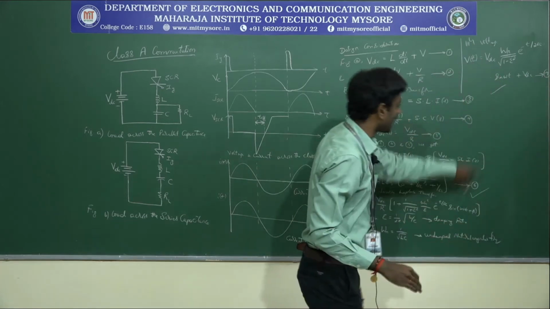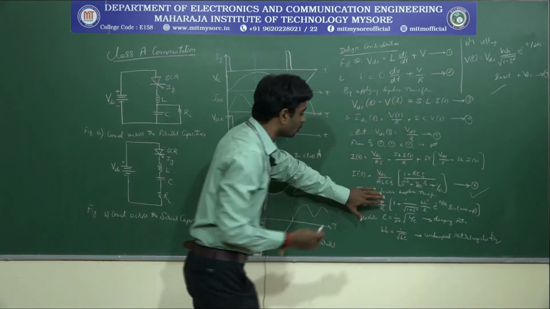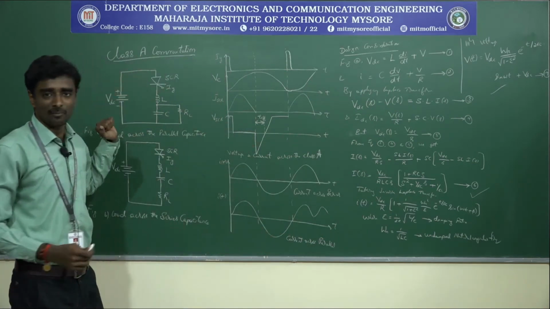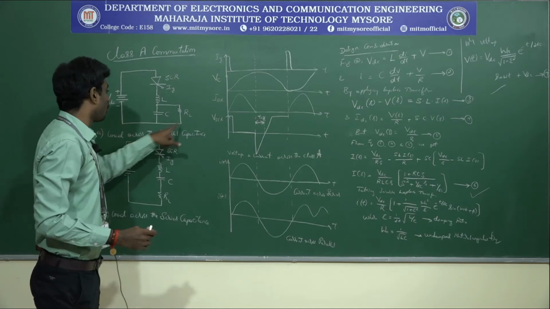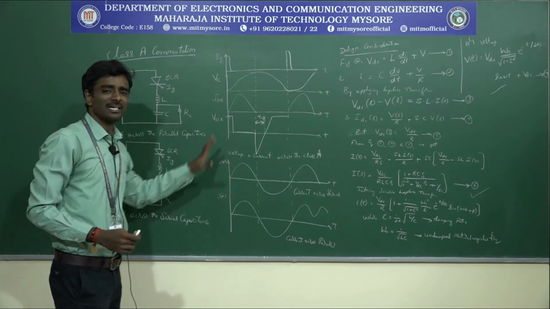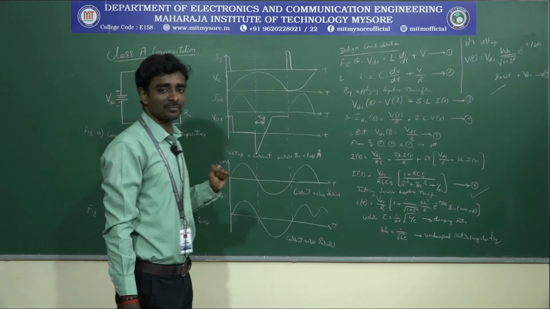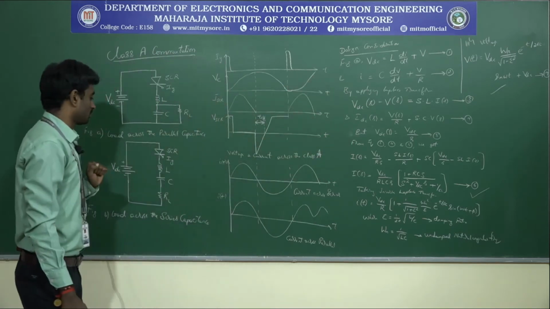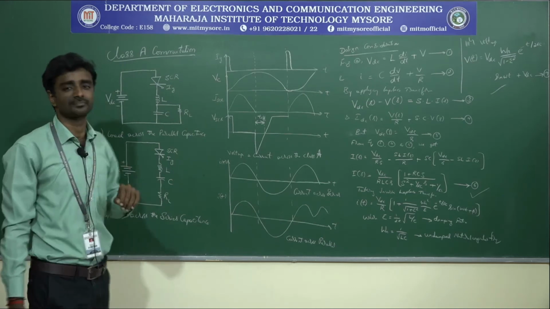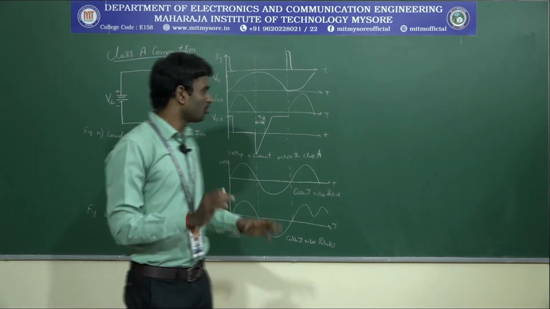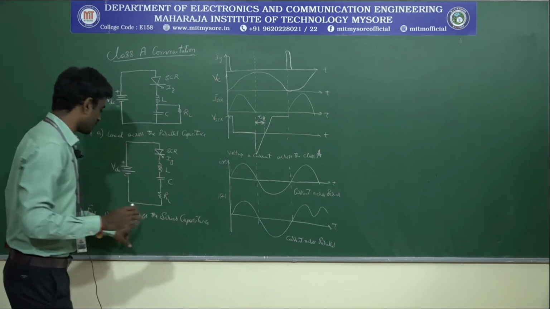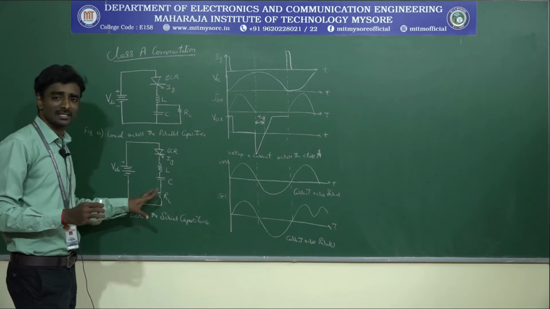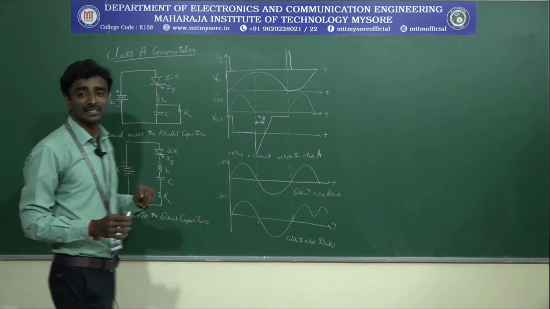Equation 6 and equation 7 represent the voltage and current for your first circuit of class A commutation. That is, in your first circuit the load resistance is connected in parallel with the capacitance. So this is the design consideration for the first circuit. Next one will be the second circuit. If you consider the load across the series capacitance, I will consider the load resistance across this as a series circuit.